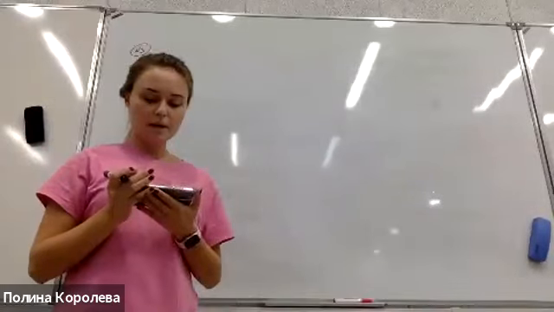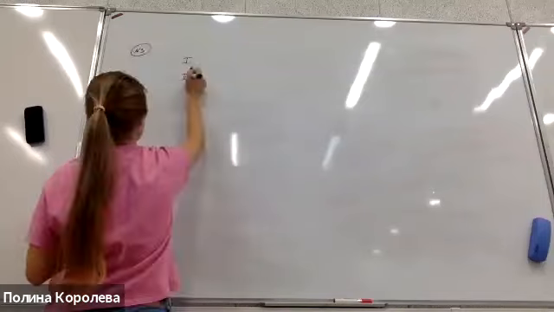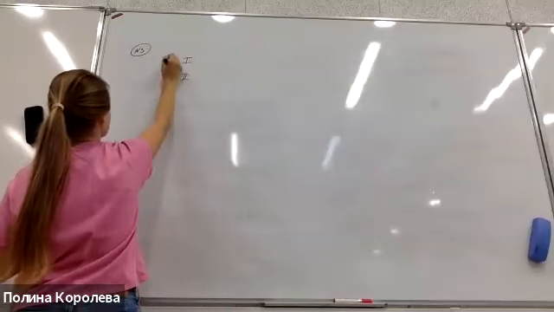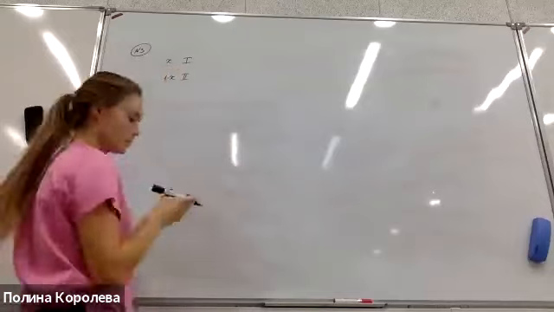Now we have X consumers of type 1 and 1 minus X consumers of type 2. Consumers of type 1, the number of consumers of type 1 is X, and here 1 minus X. Then